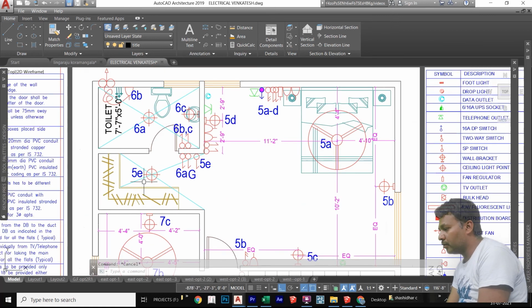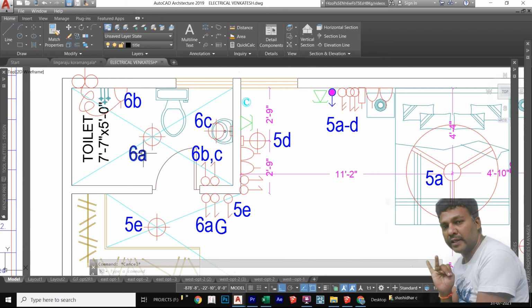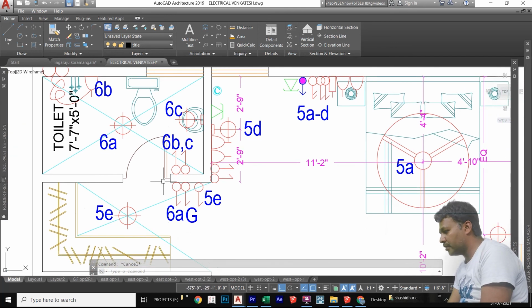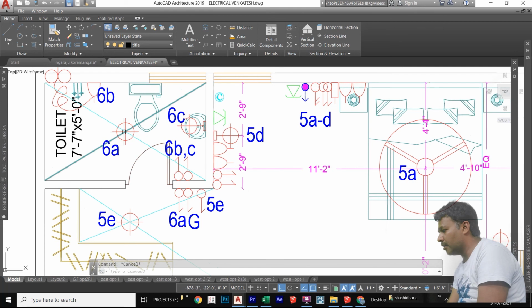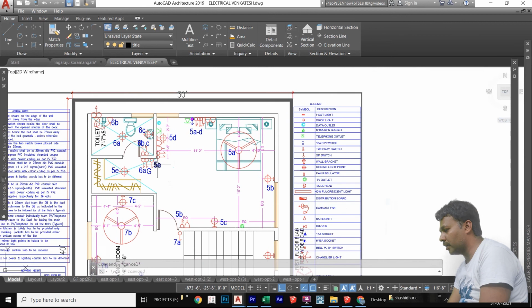Now we are entering the toilet. In this toilet, as I already told you, a minimum of 4 points. The geyser point and the toilet ceiling light are controlled outside, and the exhaust and the mirror wall point are inside only. The same way, I have given here 2 light points, 6A is here, and the geyser point also here outside only, and BC is the exhaust, and this mirror light is also given here only. This is the mirror light point I have given outside.